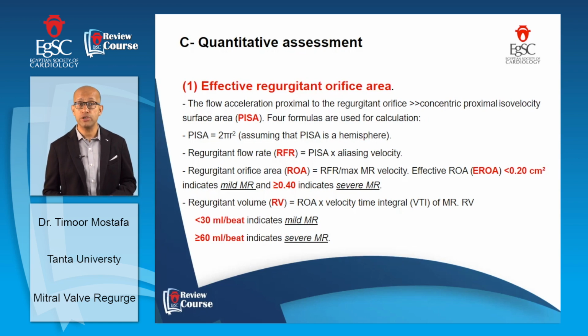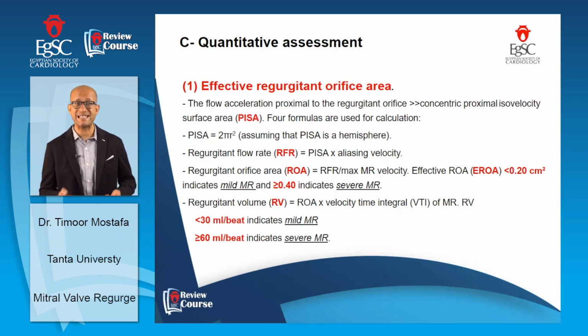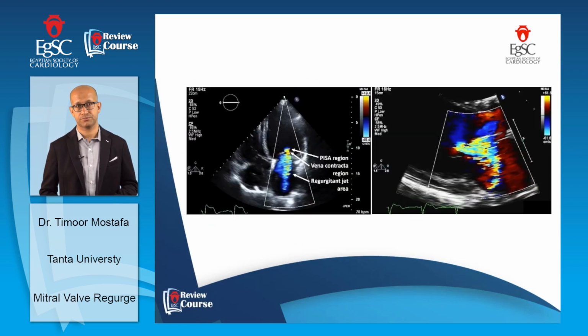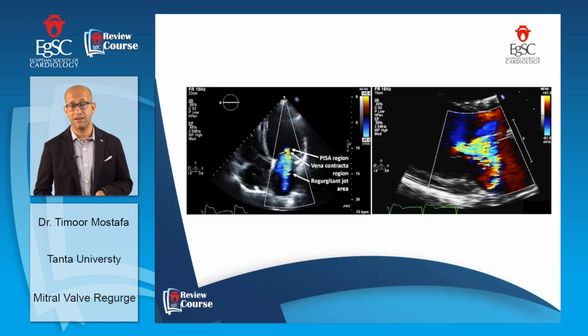If less than 0.2 cm², it indicates mild mitral regurgitation. If it's more than 0.4, it indicates severe mitral regurgitation. A regurgitant volume of less than 30 mL per beat indicates mild. More than 60 means severe mitral regurgitation. And here we can see the region of the PISA, the vena contracta, and the regurgitant jet area on the photo